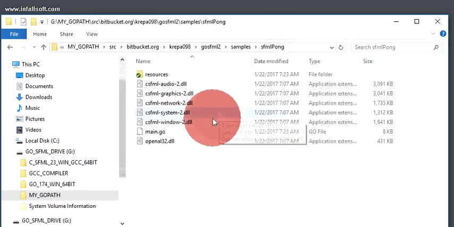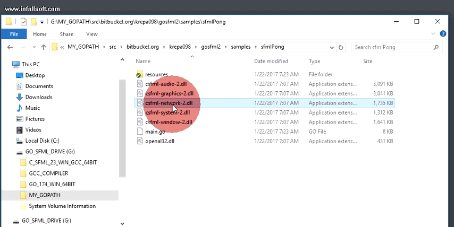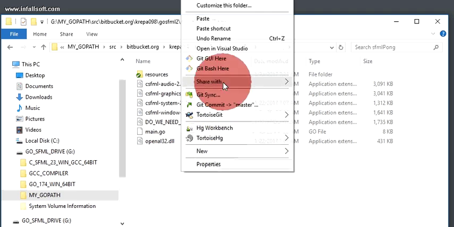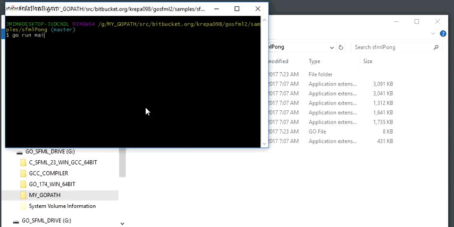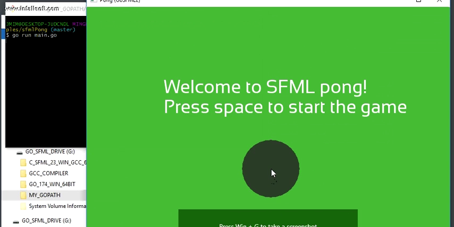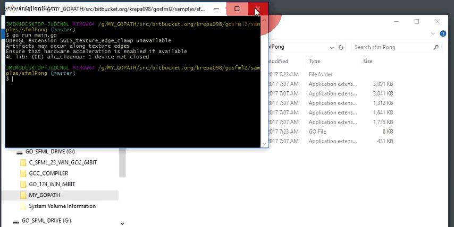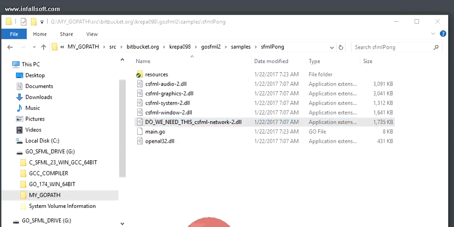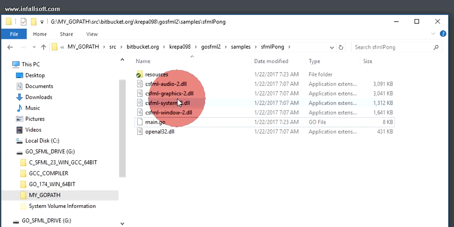And obviously I'm going to take the most suspect one, so it mentioned not needing the network one because it's just using standard Go libraries for that. So I'm just gonna prefix it with something so that it can't be found, right? Do we need this? And then we'll just see if it compiles this way. Oh, all right. So we don't need that one. I'm going to guess that we need all the other ones. I mean, because system, I believe,